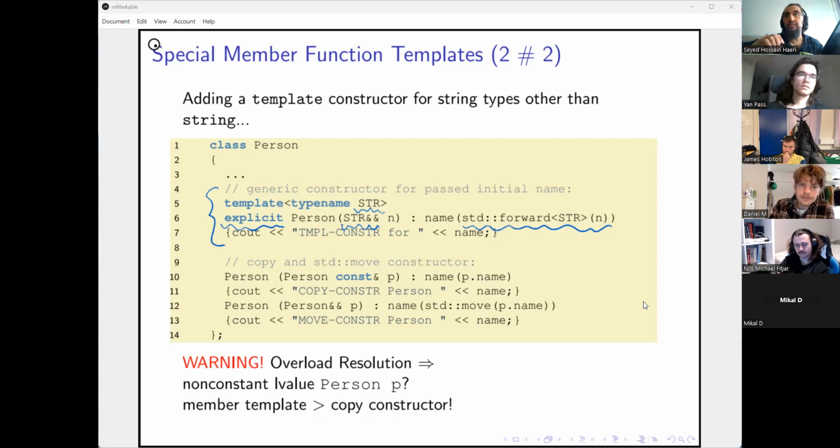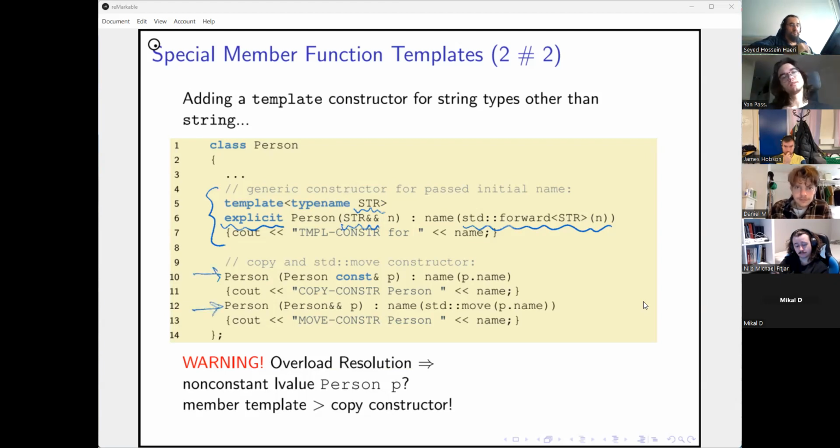All you need to know about this is that it gives you the move semantics. This is to make sure that the move semantics works correctly. But now, we also have the copy constructor and the move constructor.